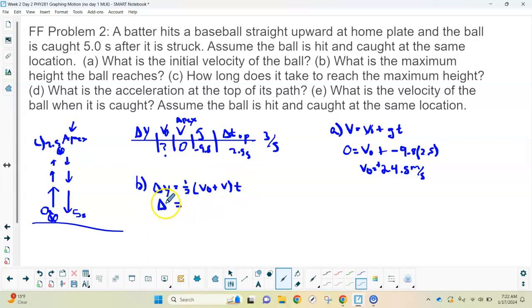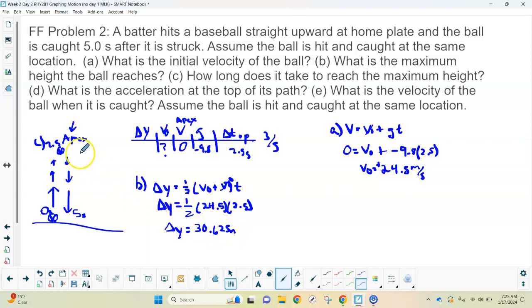So delta y is 1/2 the 24.5 we just got for the initial, plus the final velocity, or the velocity at the highest point, that's 0. And then the time going up is still 2.5 seconds. So if I multiply all that out, I get delta y is equal to 30.625